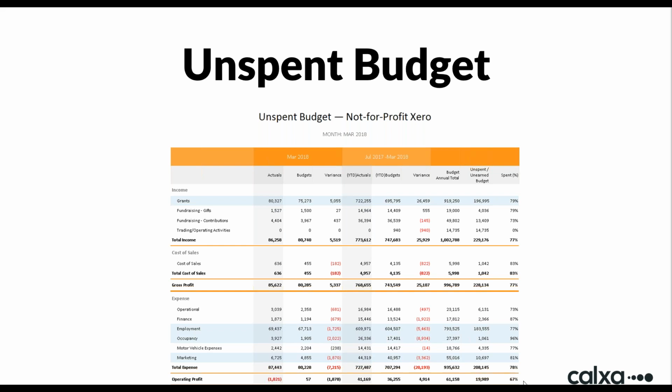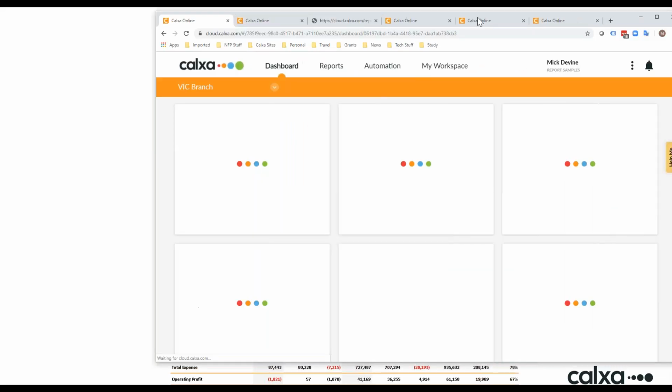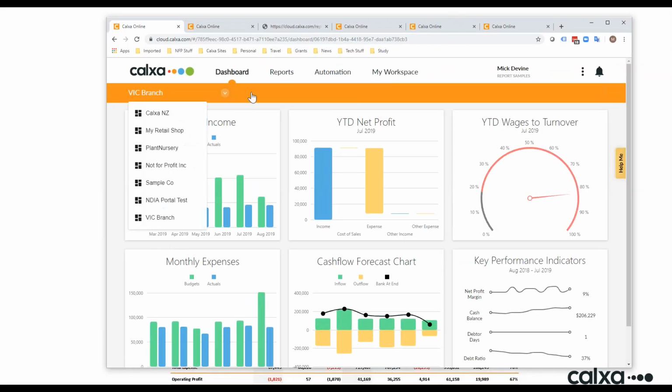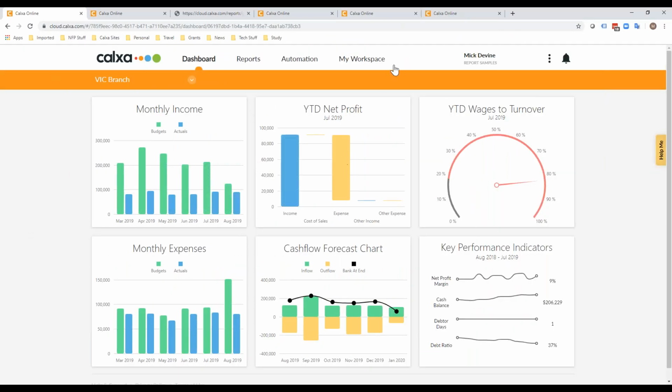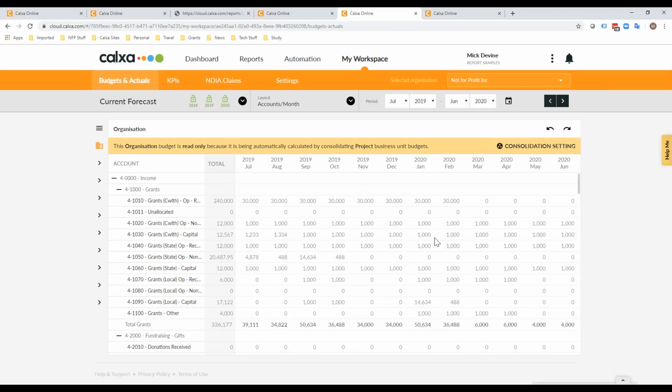So let's have a quick look at Calxa. I'm thinking it's probably going to want me to sign in again, and it is. Just a moment, won't be far away. It's just a security thing where if you don't use it for a while, it signs you out. Anyway, so this is Calxa, and if I start at the budget end of things,